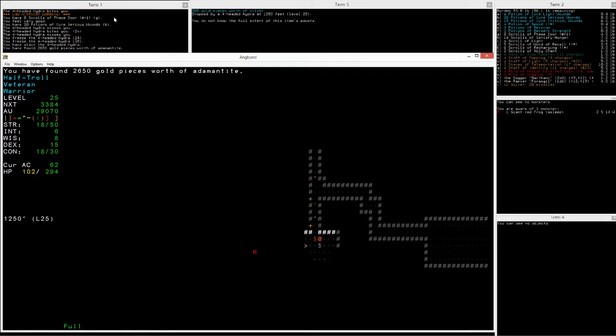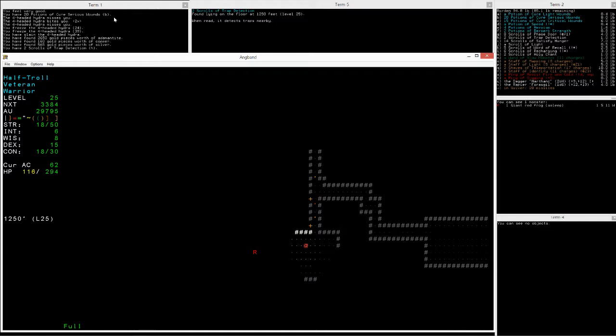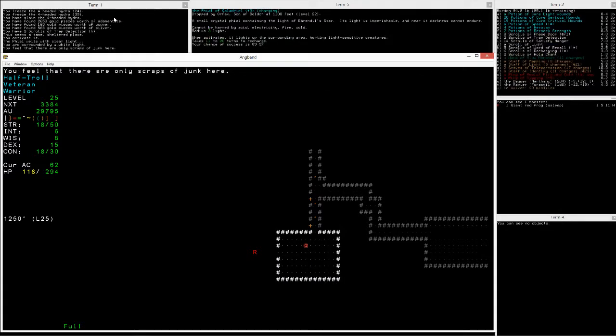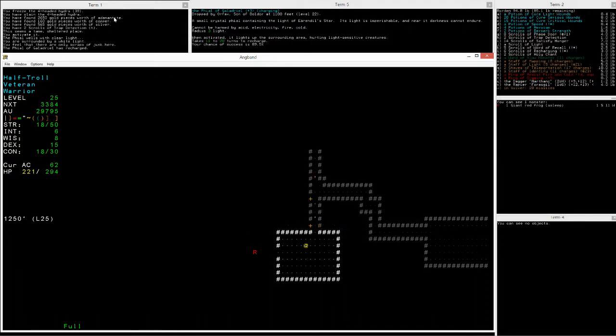Nice. Whole bunch of gold. More than 3,000 gold. There are only scraps of junk here. Let's rest for 20 turns. Let's rest for actually 20 turns instead of being interrupted by the file. I wish when I was resting and got interrupted by my item recharges, it would tell me